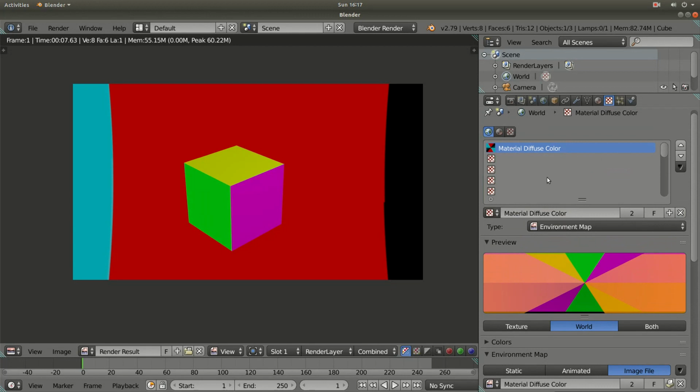So I am keeping this type of the texture as environment map,